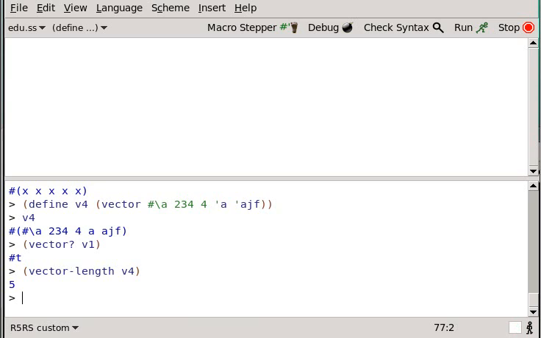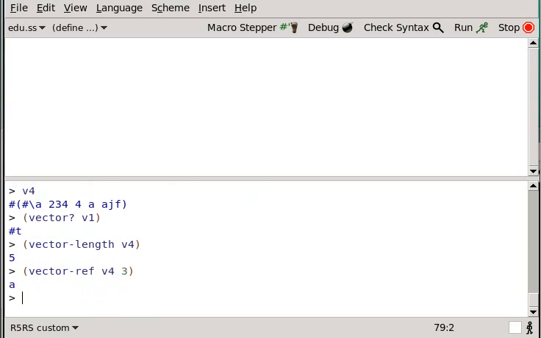Do you remember how to do that? Well, I do. It's vector ref, and then your vector v4, and then the spot. So let's say 1, 2, 3, 4. Oh, it's actually probably 3, because this is 0, 1, 2, 3. Oops, 3. Alright, and we get A like we wanted. Okay, and the last thing